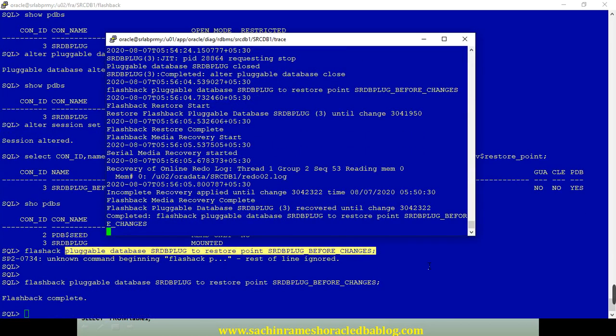So I did the flashback of the database, my PDB. Media recovery complete, recover until time. So it's done.